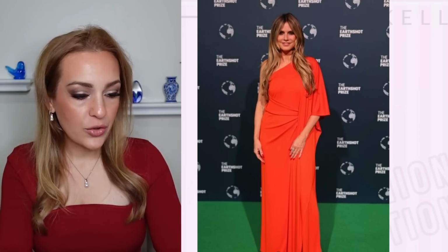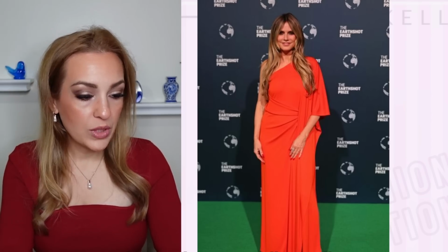It's very asymmetrical. The gathering here is really, really nice, but it does kind of erase her figure a little bit, unfortunately. The drapey fabric is beautiful and has great flow to it, but it did kind of stifle her waistline on the side that has the sleeve, unfortunately. So I quite like the dress, but I feel like for Heidi specifically, it maybe wasn't the absolute best pick for her. I do quite like the dress itself, but I just feel like it wasn't exactly the best choice